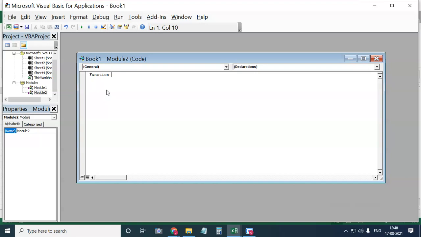Difference. Yes, you are going to use Difference as the function name. It is not that you have to write this particular name. You can write any function name you want. After writing the function name, as you know the property of a function, you have to write arguments in parentheses. So write an open parenthesis and a close parenthesis.